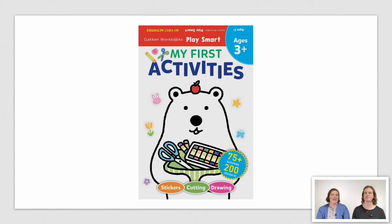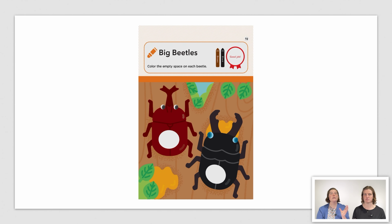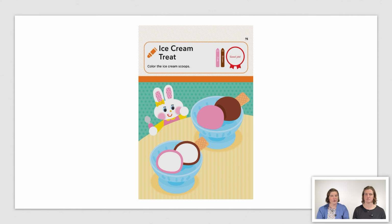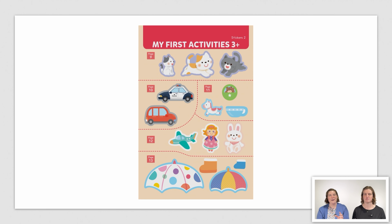Next, we have the Pre-K skill building set. So this is a phenomenal 2-book set. We love all the stickers and the activities that the kids just really want to get in. They want to keep doing it. But all the while, you're working on instruction following, thinking skills, and fine motor skills. You're doing shapes and numbers and motor skills all at the same time, spatial awareness, but slowly and gradually,